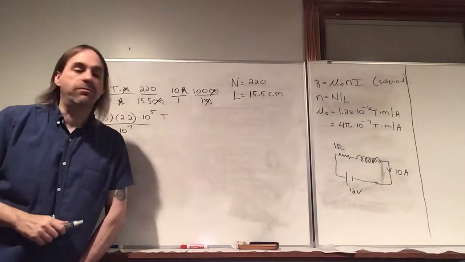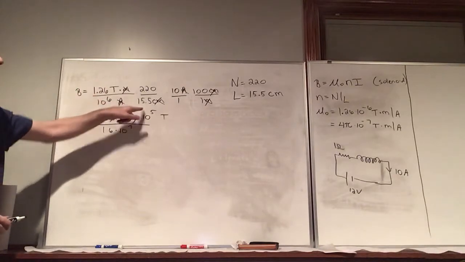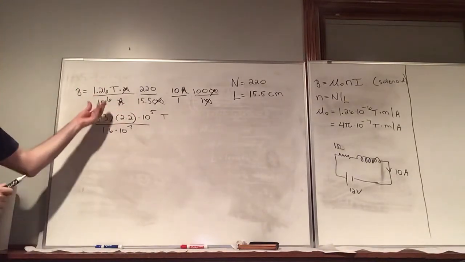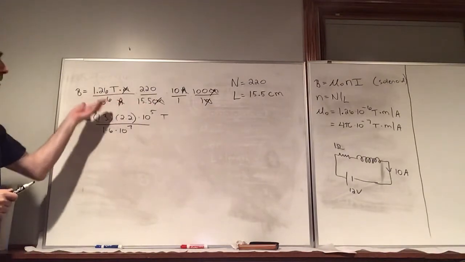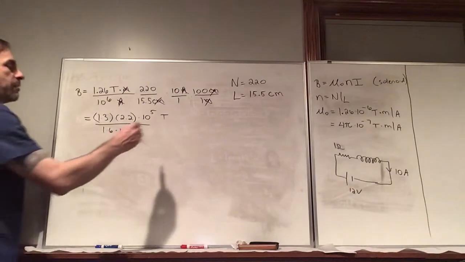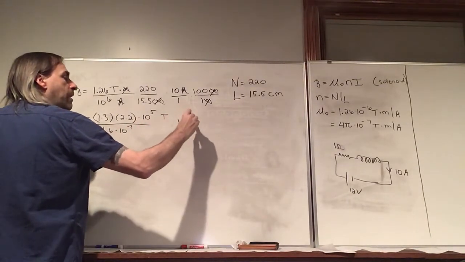So a little bit of rounding off. Here, 1.3 on the bottom, let's just say 1.6. And here we have 10 to the, so I took 10 out of here, so that's 10 to the 7th power. This is going to give us kind of a small number. So let's say 10 to the 3rd milliteslas